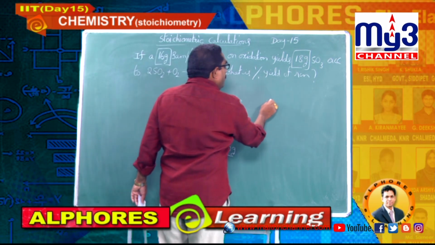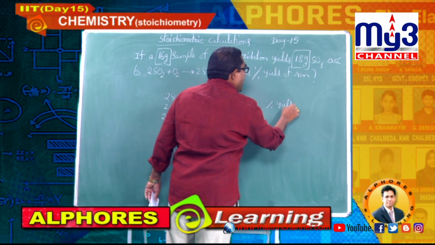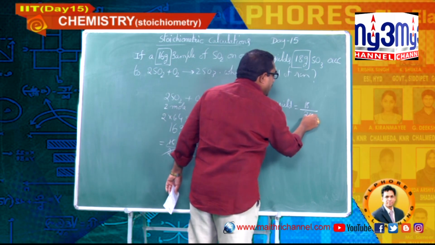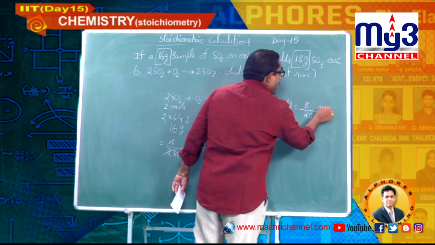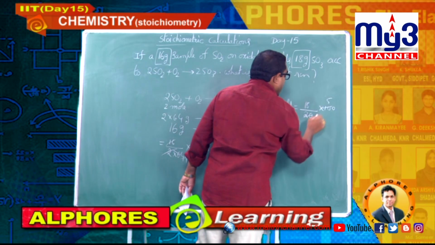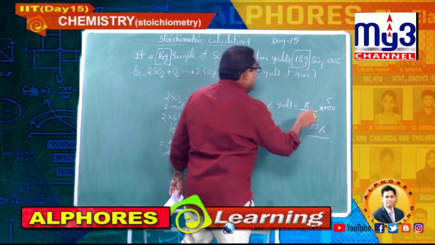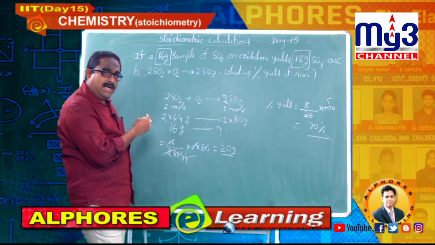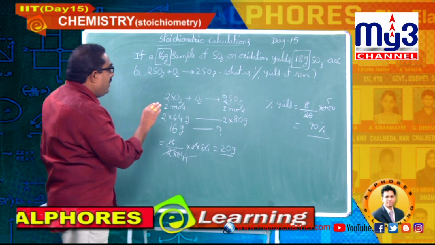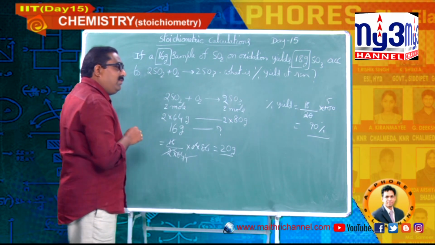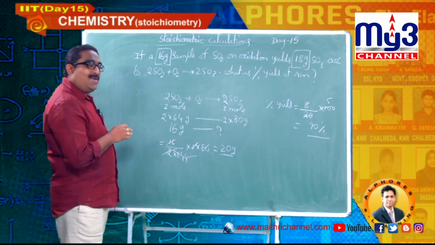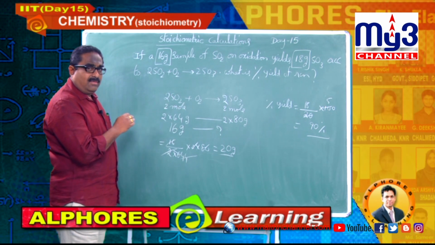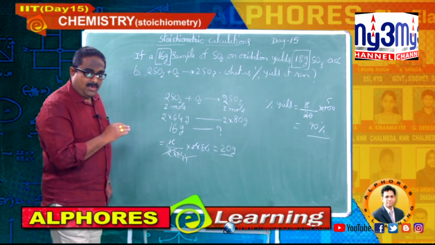Now we have to find out the percentage yield: actual amount of product divided by theoretically calculated 20, into 100, that is 5 18s are 90%. So the answer is 90%. So very good process because 90% yield is there. So well designed process and more economic process. Okay, you please write down the solution. Then I will change the model of the question based on this approach.